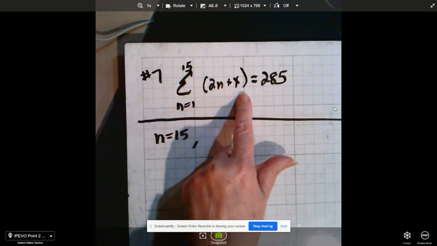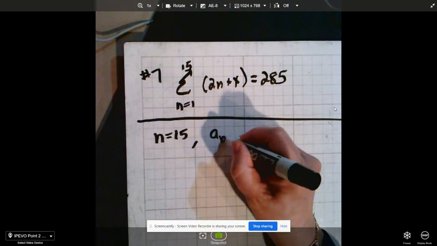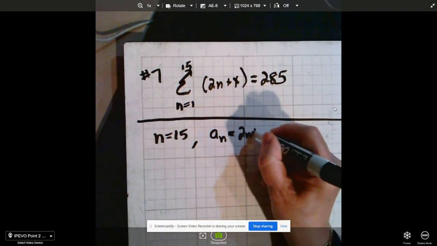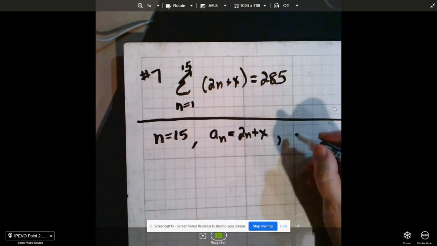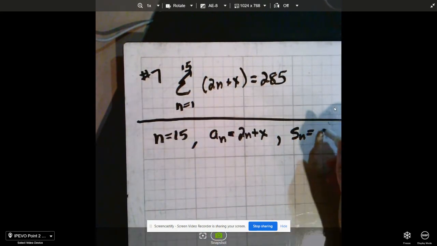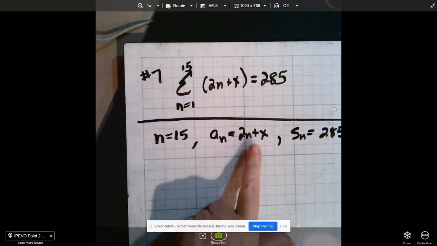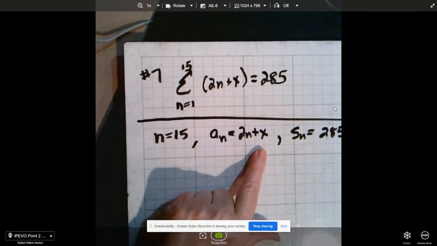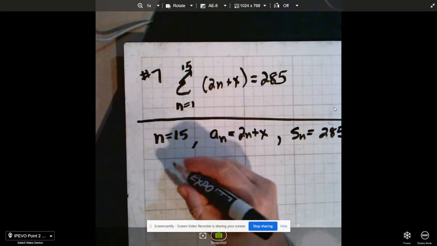Well, 2n plus x, if you remember, that is my rule. So I know that an equals 2n plus x. And it tells me that the sum equals 285, so I know that the sum is 285. All right, and the question asks me to figure out what x is. So let's take a look at this. I know the sum is 285,